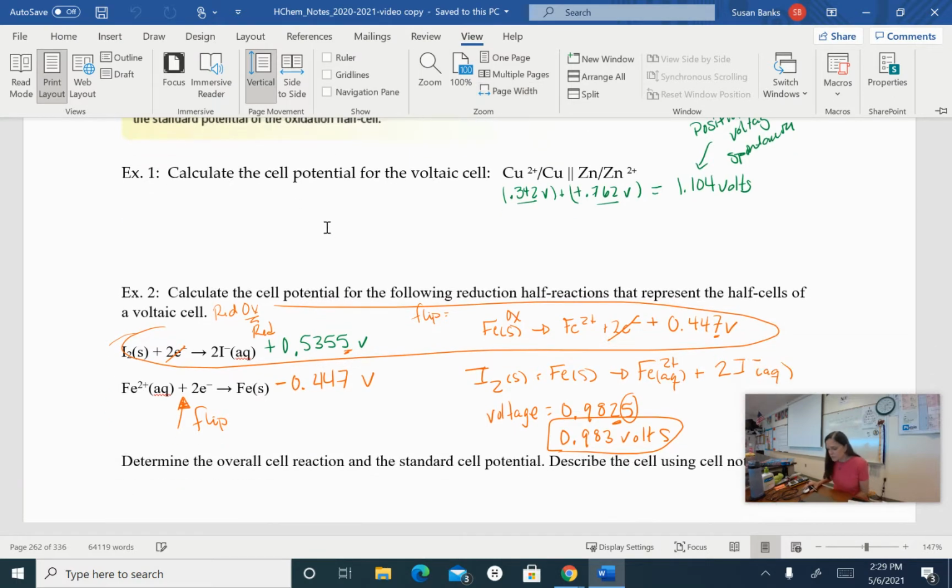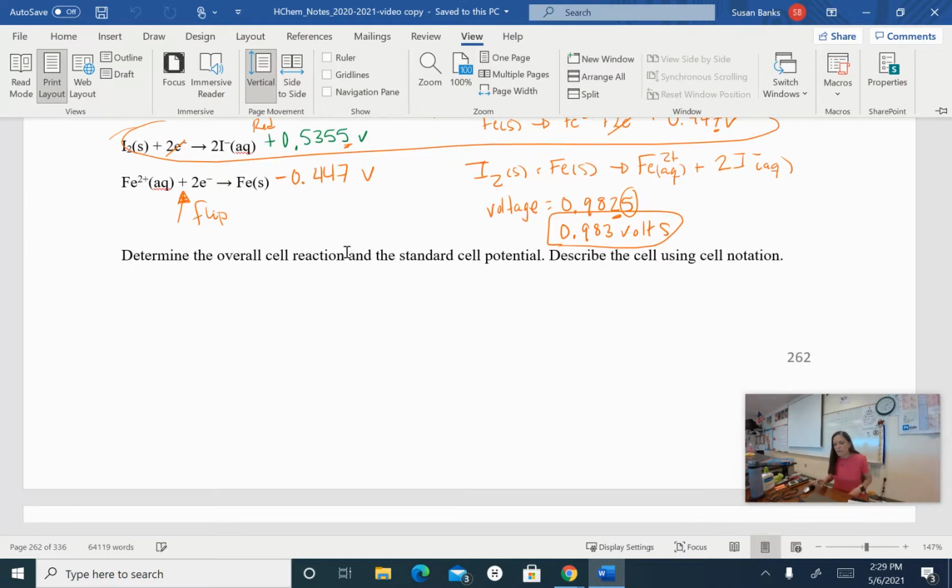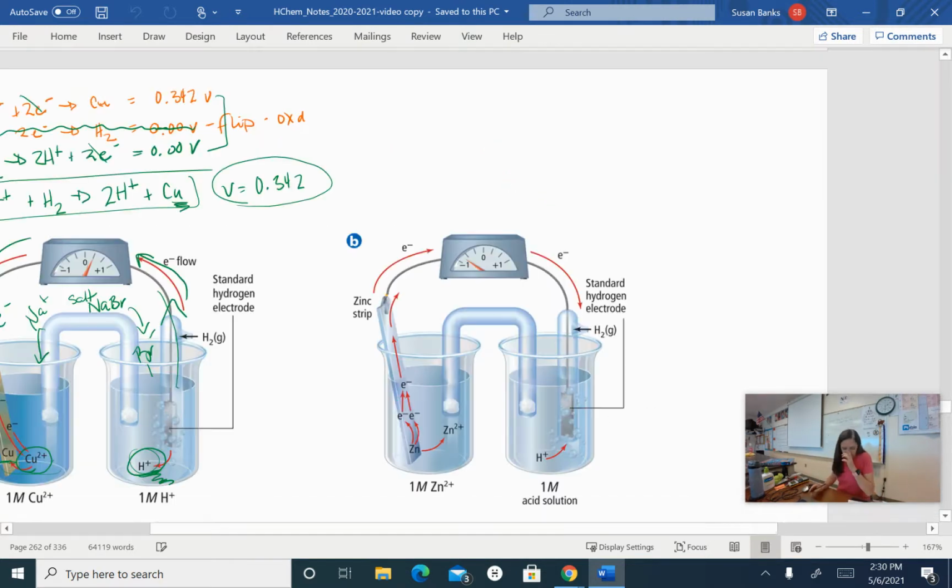Okay, so here we go. We have a few more that we're going to practice this with. We're also going to use this to describe the cell notation. So I want to show you what we have in the cell notation. And let's write this pretty big. So, for example,